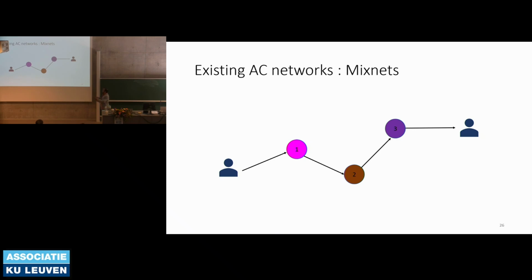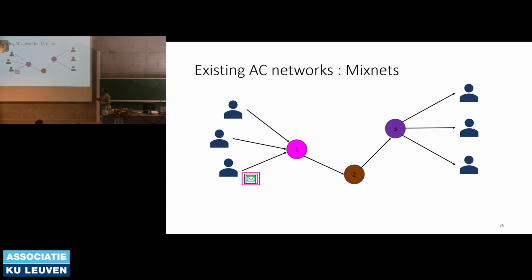So still you are rerouting traffic through multiple hops. However, node 1 will wait for a certain amount of time or a certain number of packets so that node 1 can collect many packets and then forward them together. And the same is done by node 2, the same is done by node 3. That means you're explicitly breaking this pattern, explicitly breaking this timing correlation.